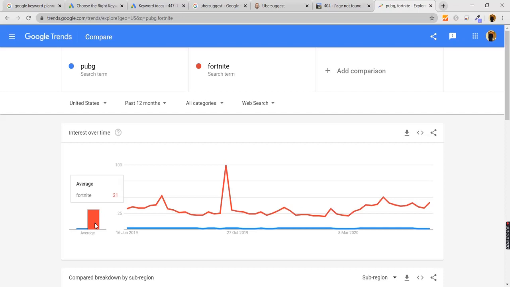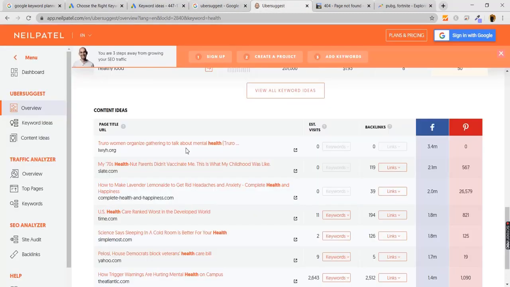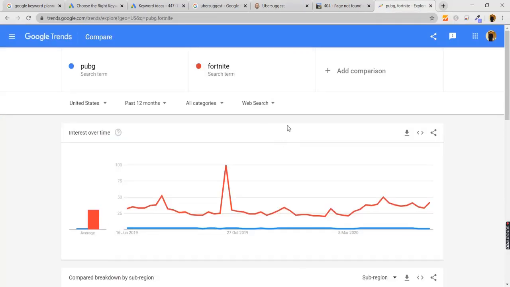Okay, this is the basics of how you can find the right keyword ideas for your content. There are also some other tools like Moz or Ahrefs, but those are paid tools. But in order to get good keyword ideas and rank your website in the top searches of Google, you can use these free tools. These are trusted by millions of SEO experts, like Google Keyword Planner. This is the official tool from Google, and Ubersuggest is another tool, and personally I recommend using this one. Okay, and this is also a great tool.